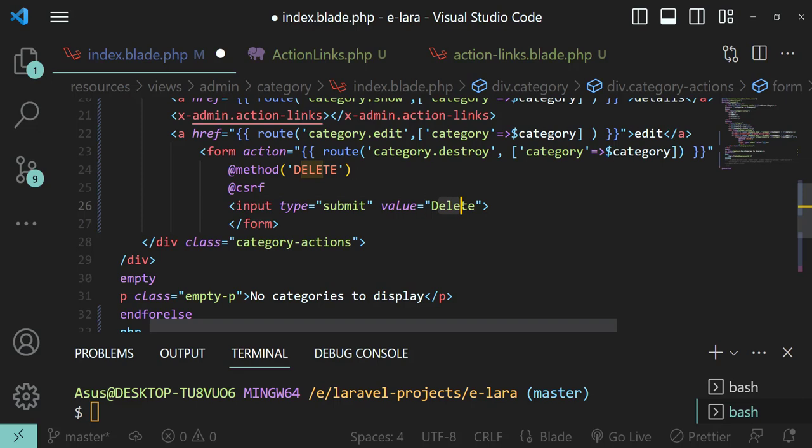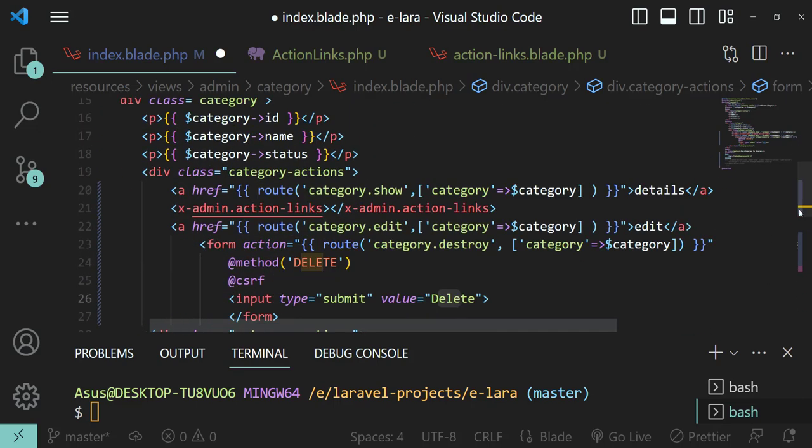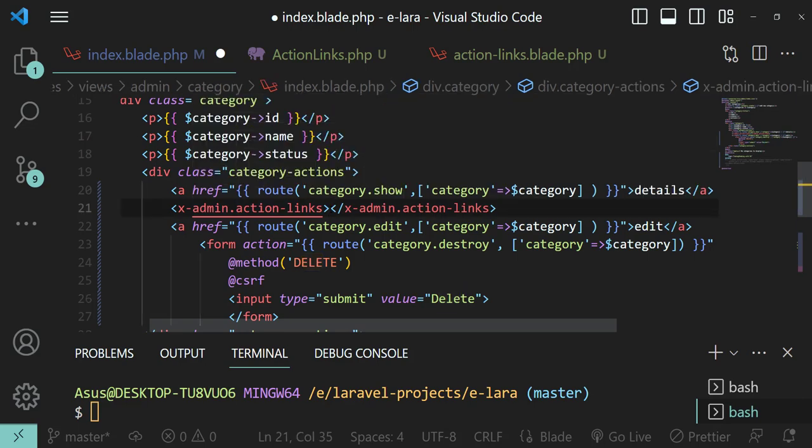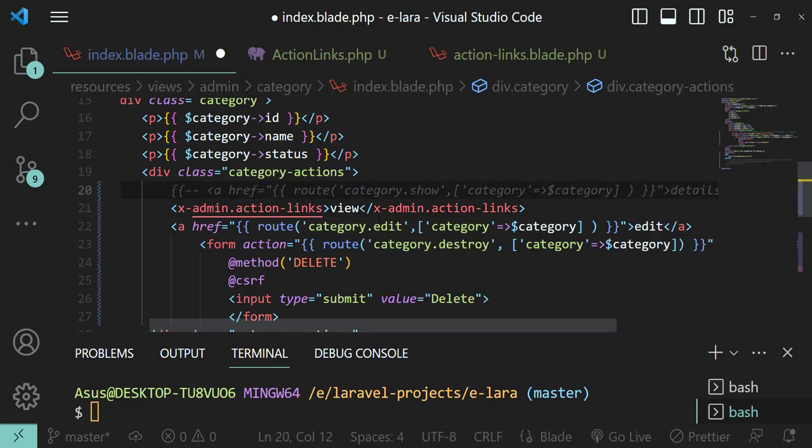This one. Both of them begin with D, so I'm changing the caption from details to view. Because if details and delete both begin with D, and the admin is not careful, the admin might accidentally click on delete resource when they actually wanted to view the details. So in order to avoid that kind of confusion, I'm passing the caption view as a slot variable to this